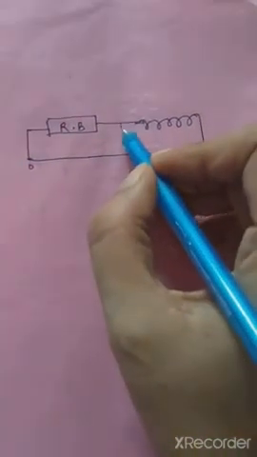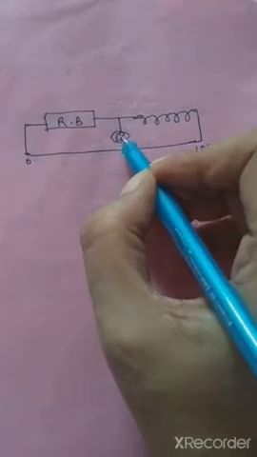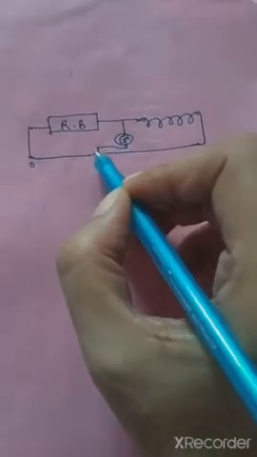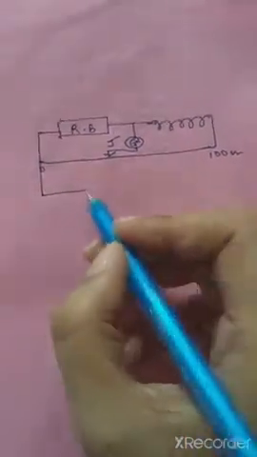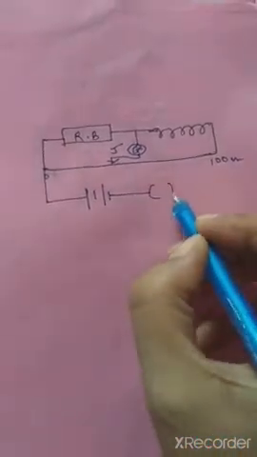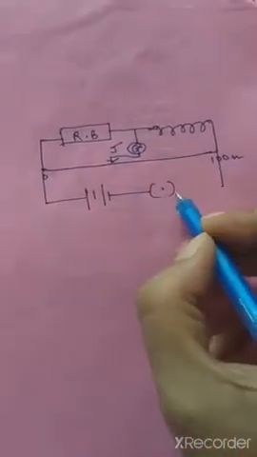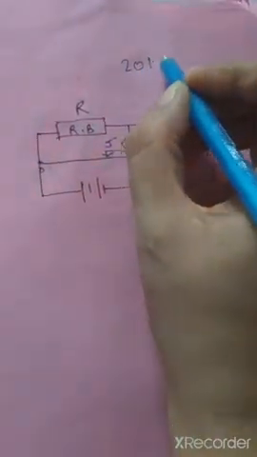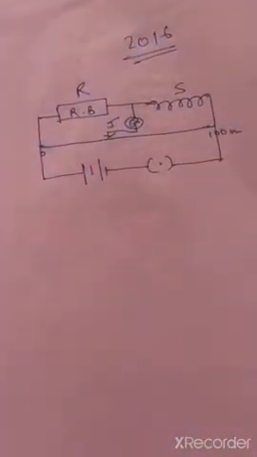Now between these two we will connect a galvanometer G, and this galvanometer will be connected with a jockey. Now from here we will have a battery connected, and then we have a key. So this is the circuit diagram. So this will be your S and this will be your R. Now this is the exact circuit I am giving you, which is as in 2016. This was the paper of 2016 in which this experiment was given to do.